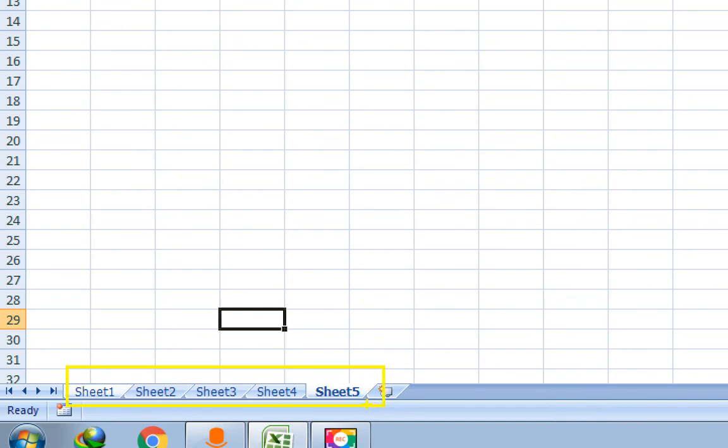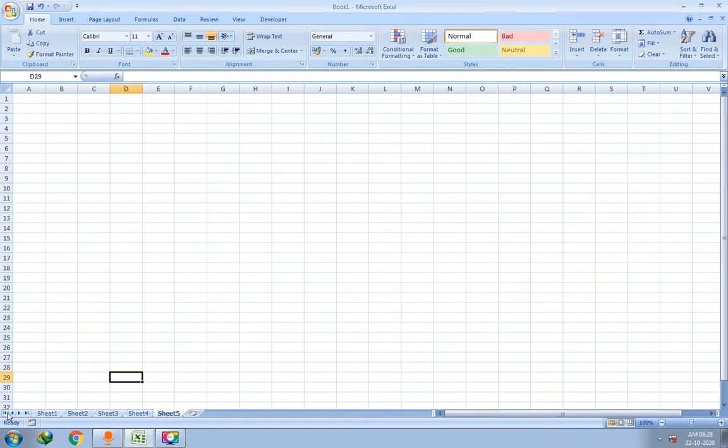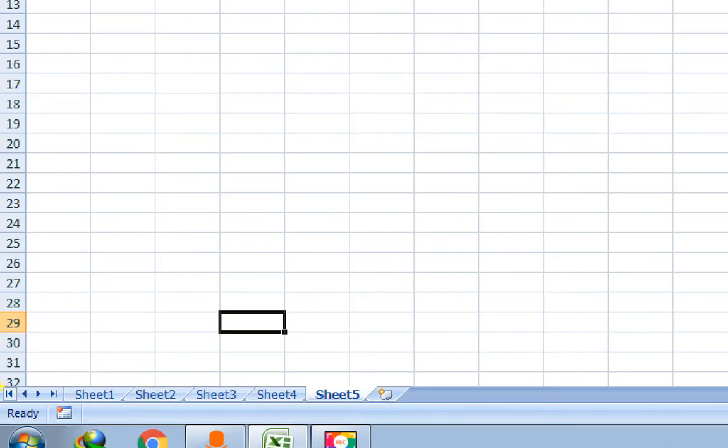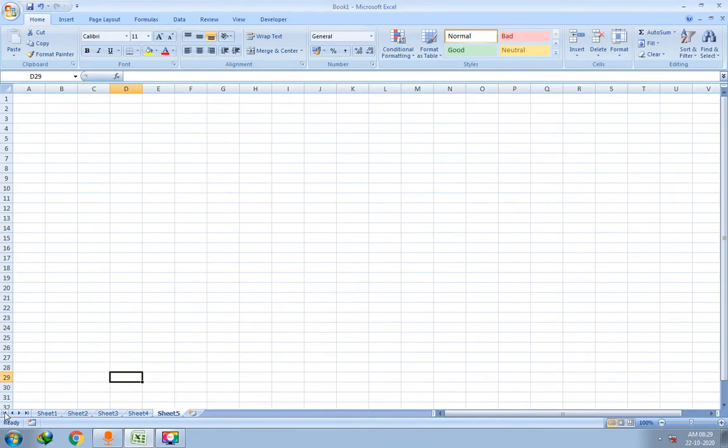There are 5 worksheets. Let us study these control buttons or switching buttons one by one. So this is the first button. When you click this button, you will come to the first sheet. So this is used to switch to the first sheet. Let me click this. Wait a minute. Let me take the control over here, and now let me click this.